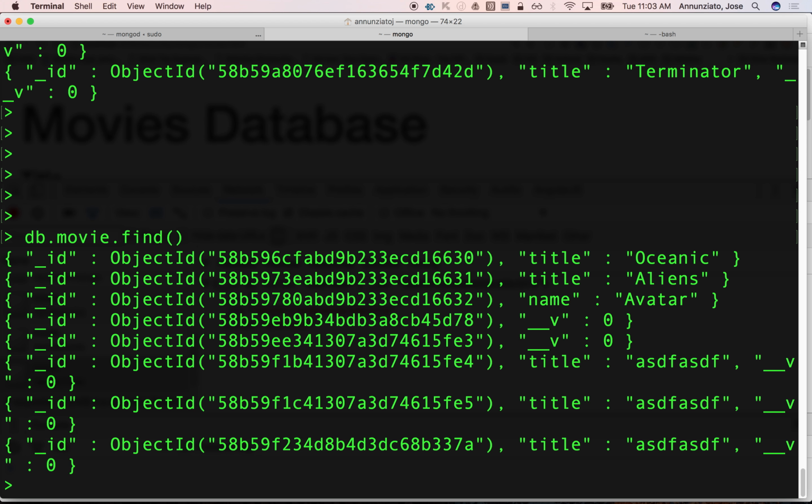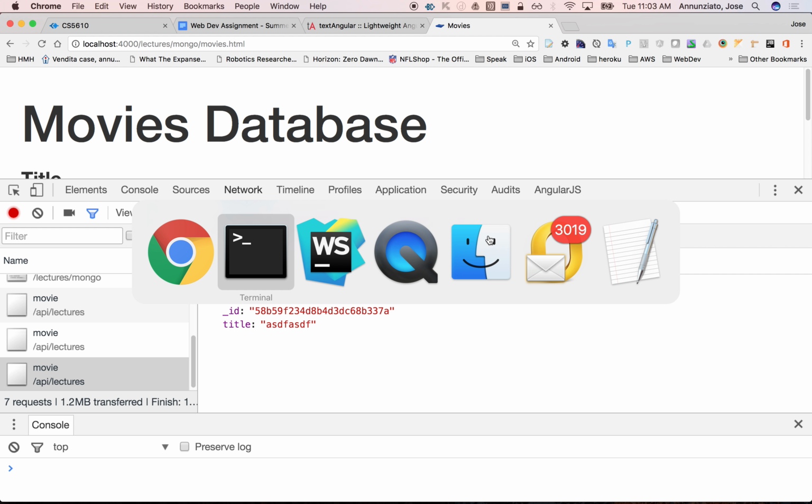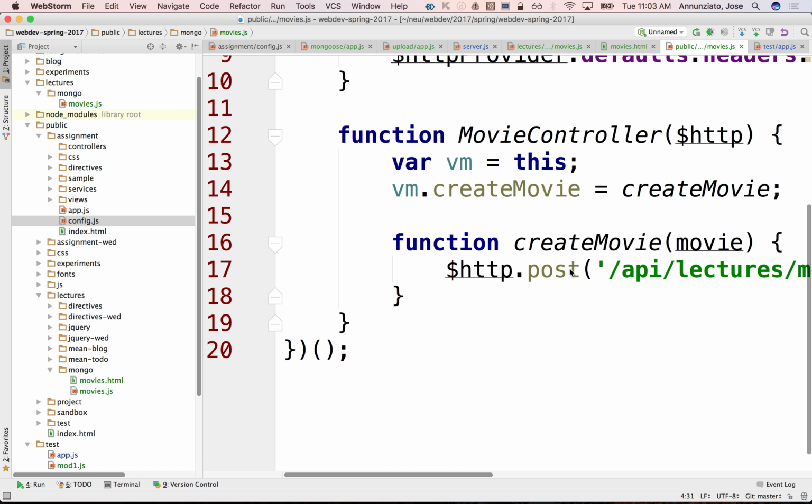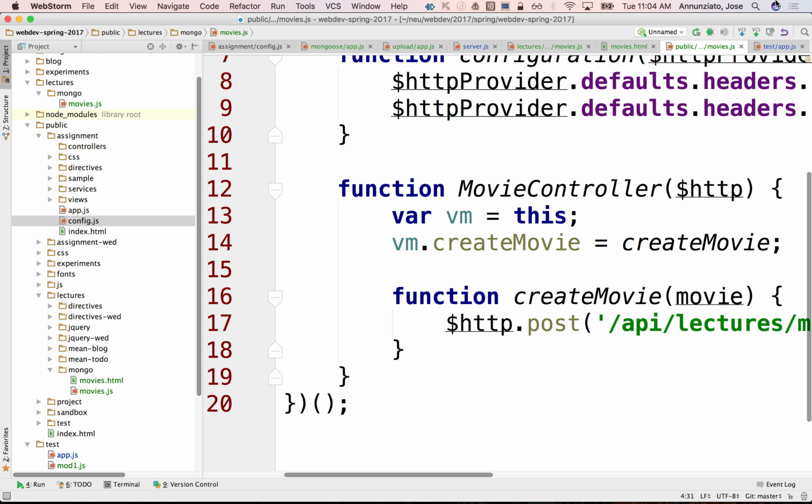What we want to be able to do is retrieve them from the database, and we can display them on our user interface. Yes. So let's retrieve them from the database. So for instance, when we first come to the controller, when this controller first loads,